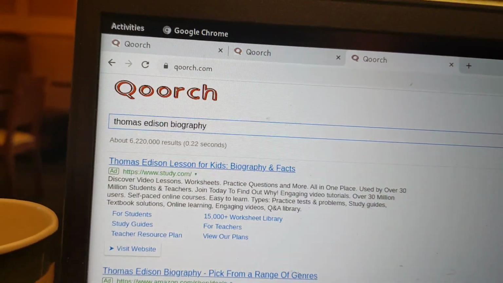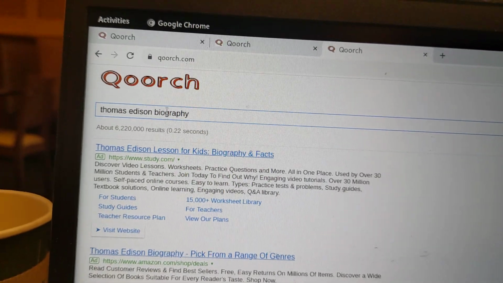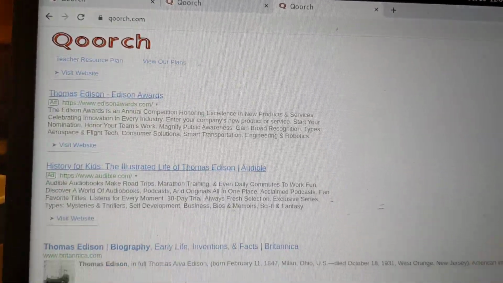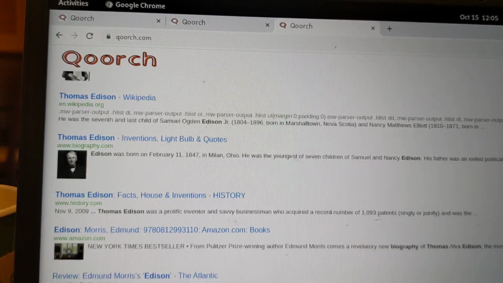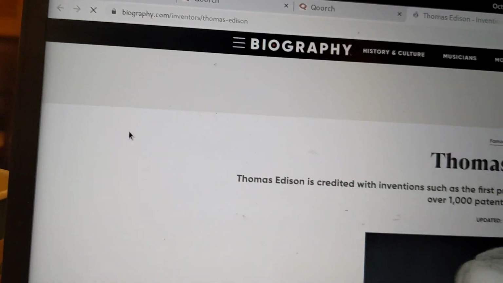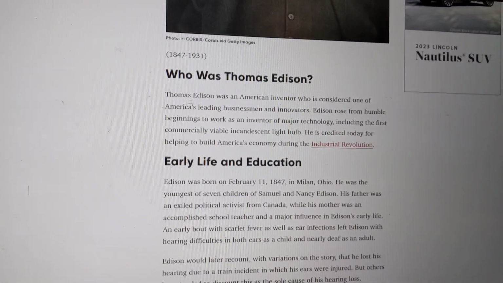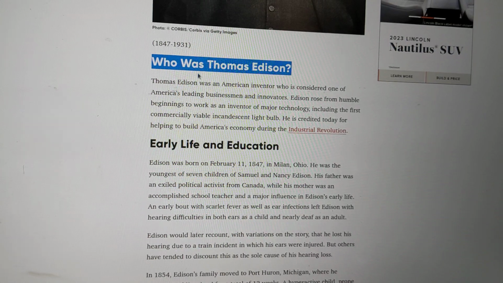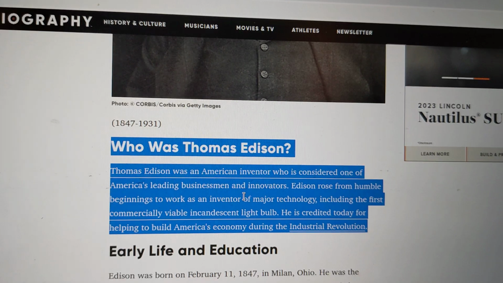Over here, let's, for example, try it on something else. Thomas Edison biography. We're gonna go on biography.com, right? And we're just gonna highlight this part of this text. Right click,